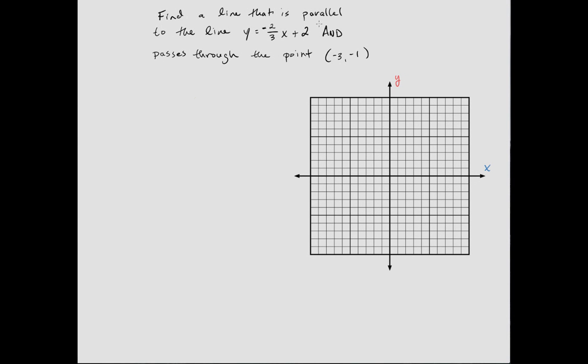There are many instances, both in drawing, so using a lot of geometry, and then in physics where the slope is referring to the velocity, where we might want to find a line that is parallel to another line. And so the very first thing I tend to like to do is just to look at that line itself and get a good idea of what it looks like, because then it makes it a lot easier to identify a parallel line. So first we can identify the slope here